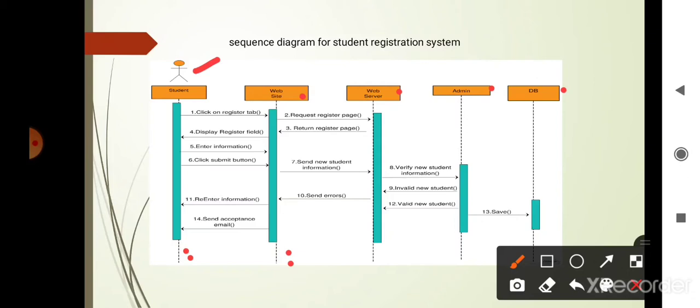First, the student clicks on the registration tab, then goes to the website. Second is a request to the register page. Third, it returns the register page and displays the registration fields. Then the student enters the information, clicks the submit button, and sends the new information to the web server, which verifies the new